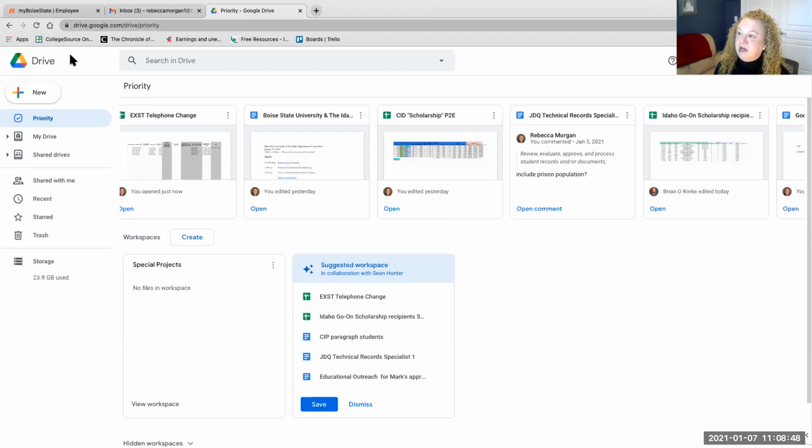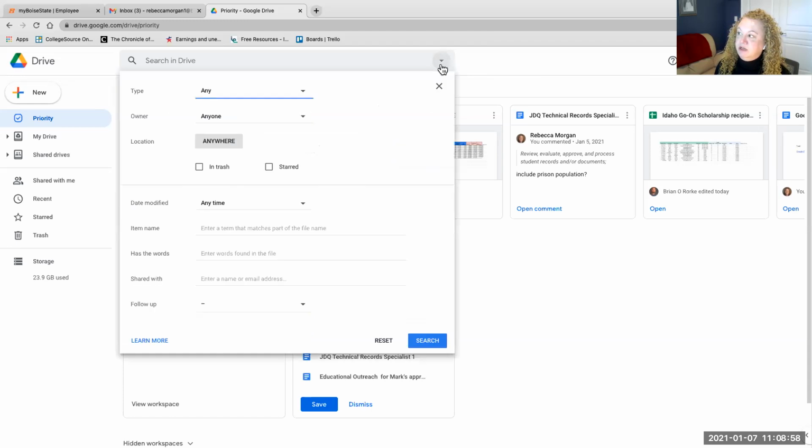So up at the top here, we'll just start at the top. It has the search in Drive. And if you know the name of the document you're looking for, you can click right on it. But there is also a little arrow here where you can do search options. And when you click down on that, if you don't know the name of it, but you know who sent it to you, you can search by owner, by type,